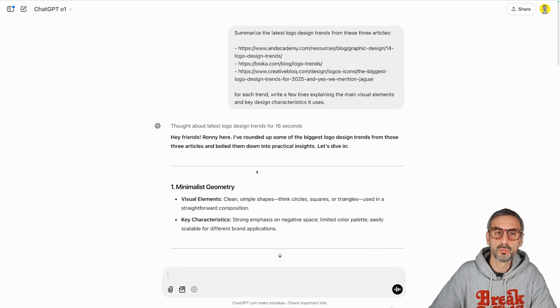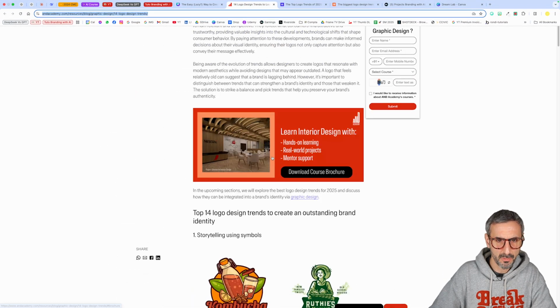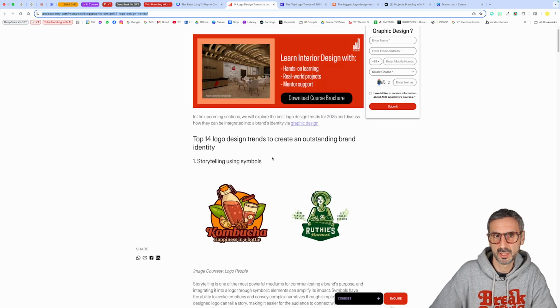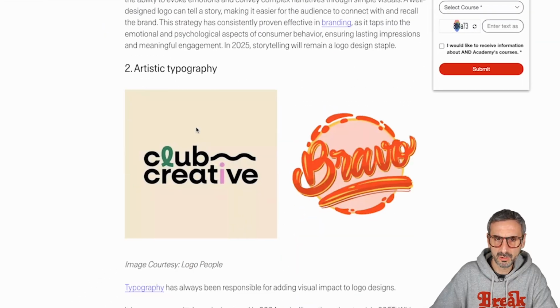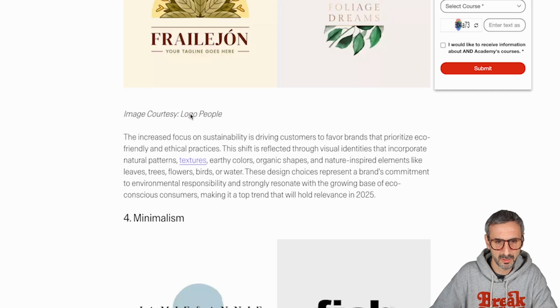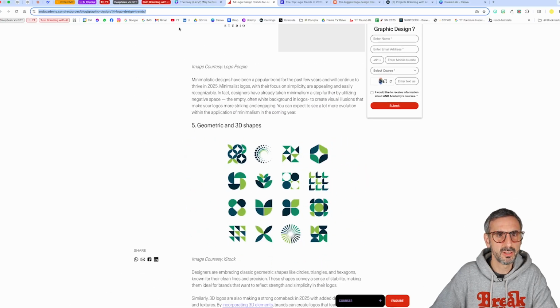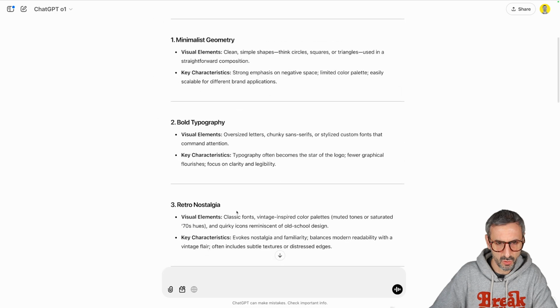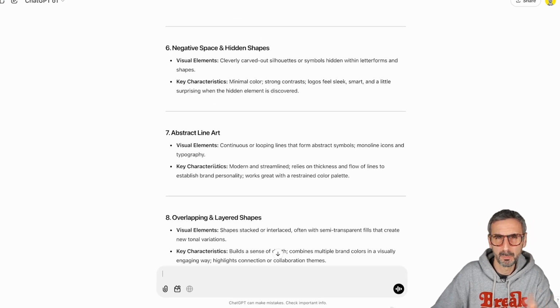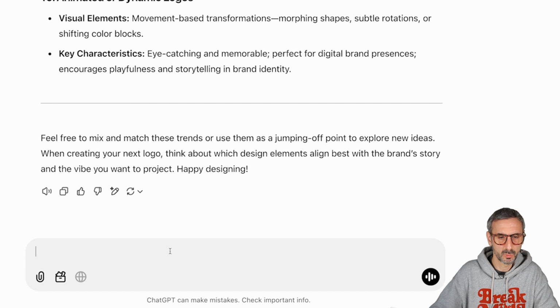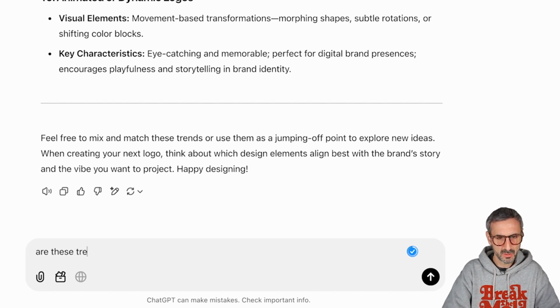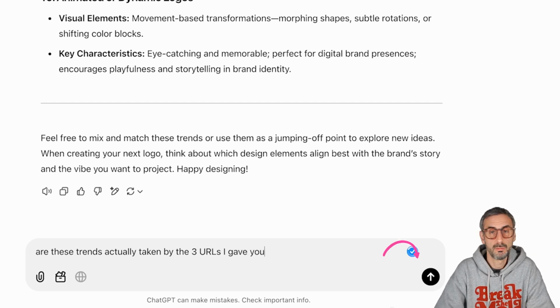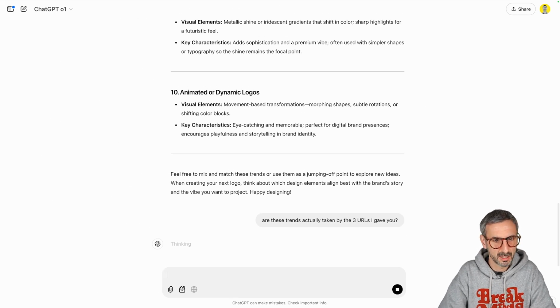So one thing I want to make sure of is that these actually come from my articles, right? I don't want ChatGPT to trick me here and kind of imply this is the thing when it's actually not the thing. It doesn't come from these URLs. By quickly scrolling down this page right here, nature-inspired patterns, minimalism, I could see geometric, yeah, I could see some things, but I want to be sure. So I think this is useful. I can work with this, but I think we didn't get exactly what we asked for here. So are these trends actually taken from the 3 URLs I gave you? So I'm just being honest and asking Chatty here if it followed my